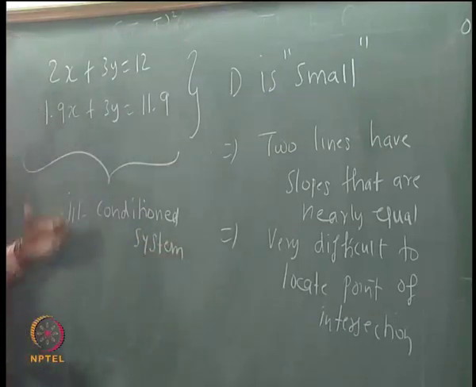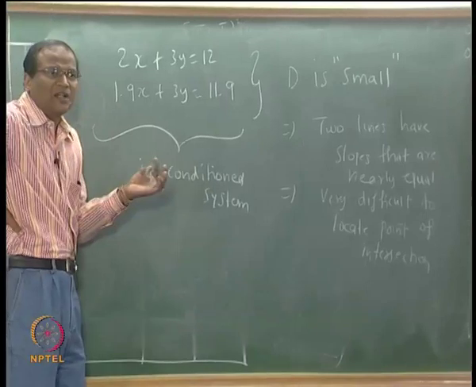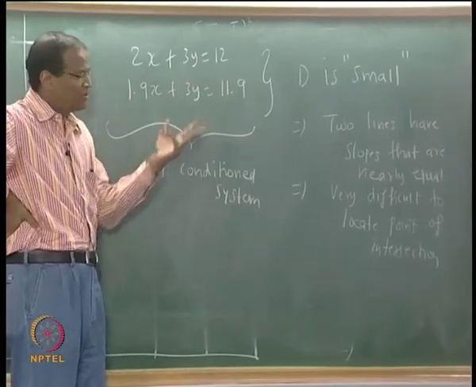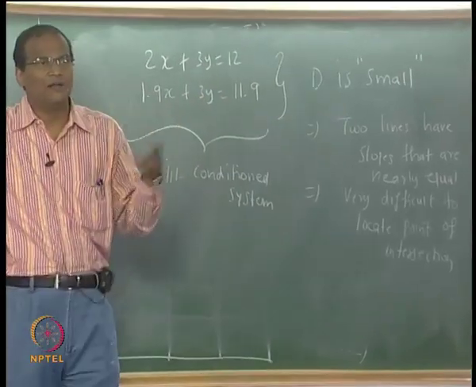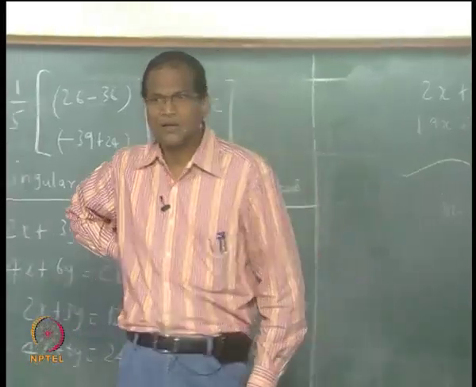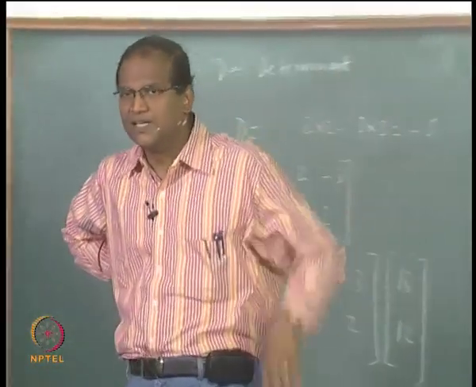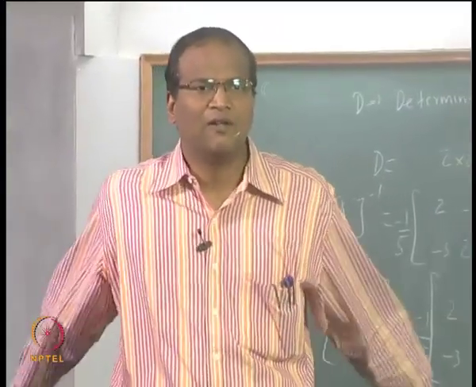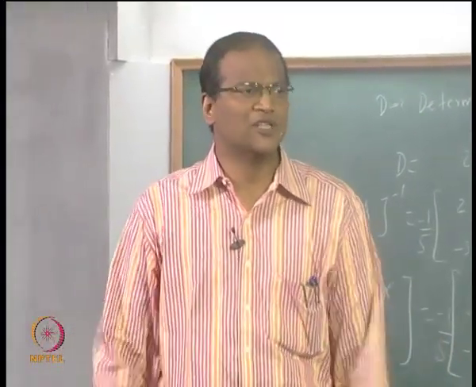If you have several variables and the system is ill conditioned, round off errors will give a lot of trouble. These round off errors will propagate because D is small, and it will prevent you from getting the true solution. So in tomorrow's class we will complete this, and I will teach you the Gauss-Seidel method, which is a very powerful technique. We will solve a 3 variable system using the Gauss-Seidel method.